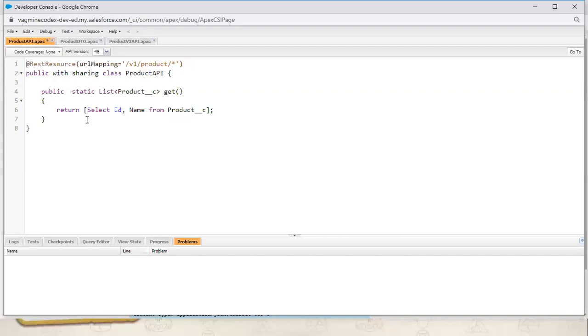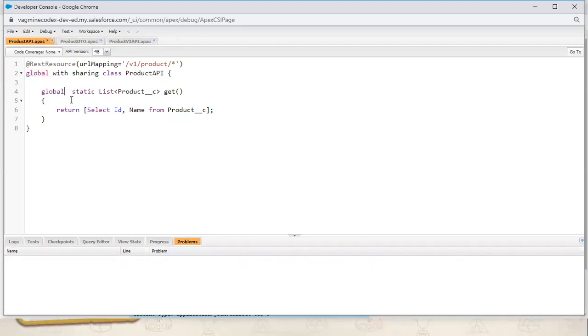REST resource is required. Whatever class you want to make an API, you have to put the REST resource annotation on that class. Let me save it now. When we use REST resource, we have to replace public with global. It's a minimum requirement. Why?